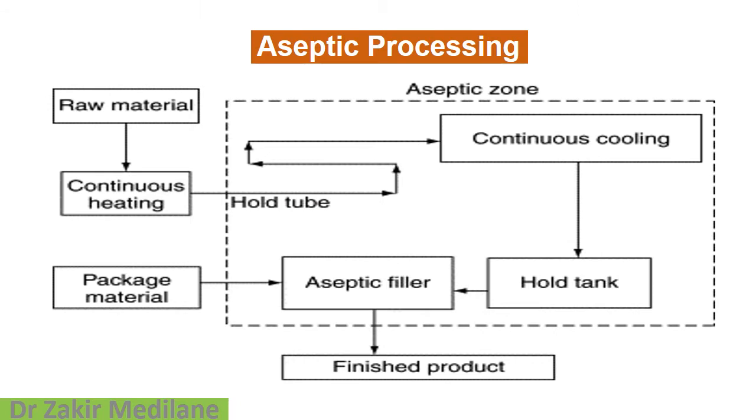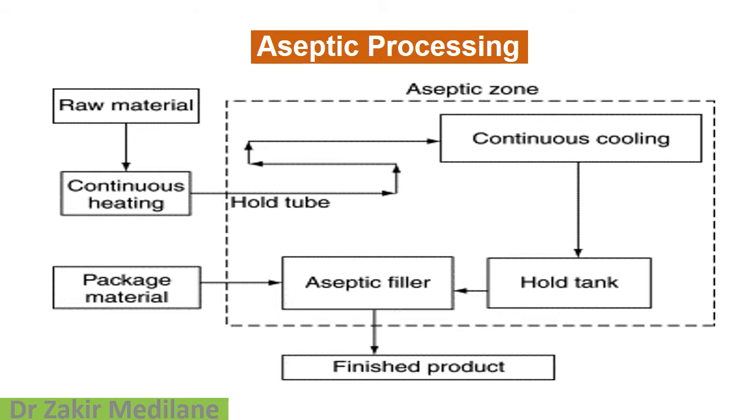Coming to the aseptic processing, how is it performed? For raw material, for example, we can consider the medical devices. In pharma, if you take the aseptic processing material such as the test tube, burette or pipettes, whatever it is, used for the formulation parameters, formulation procedure, the equipments required in the glassware, that has to go through the aseptic processing. So if you follow the arrow mark, we can see here one by one, step by step, how the aseptic processing is going to be performed.